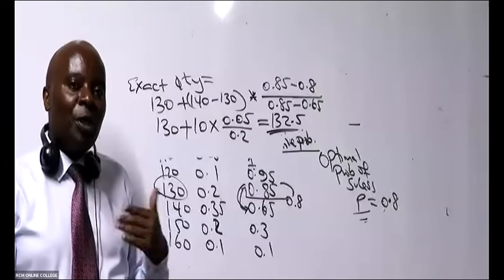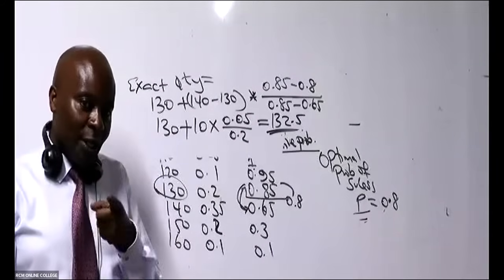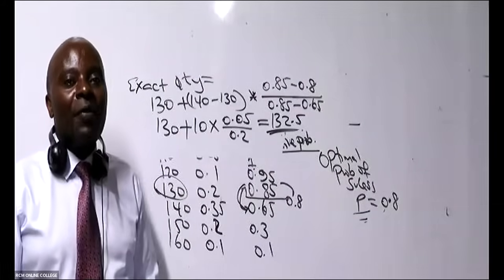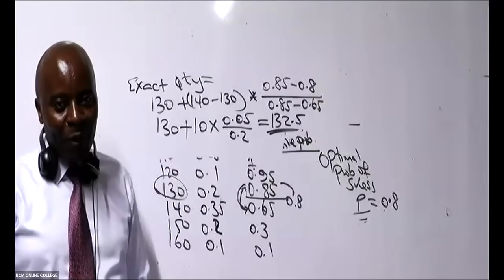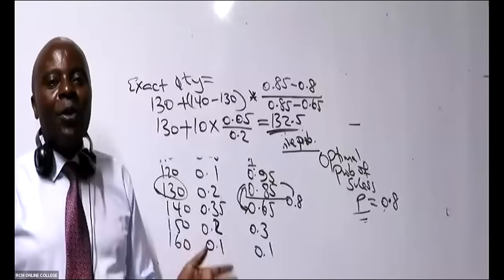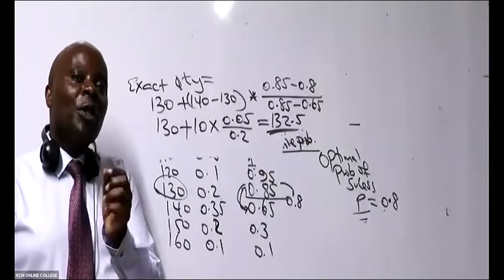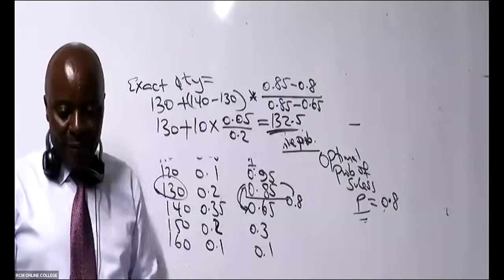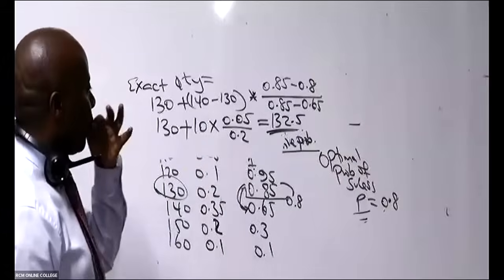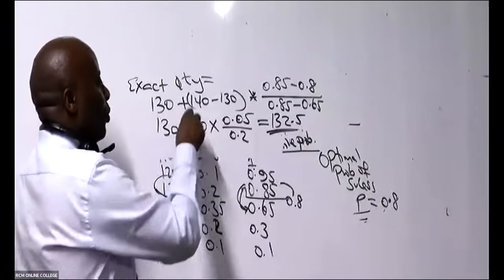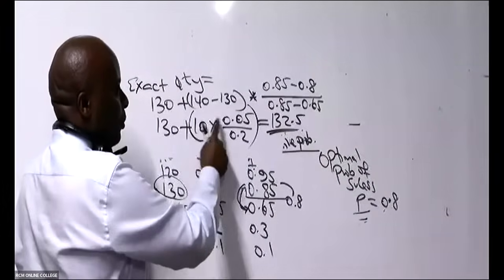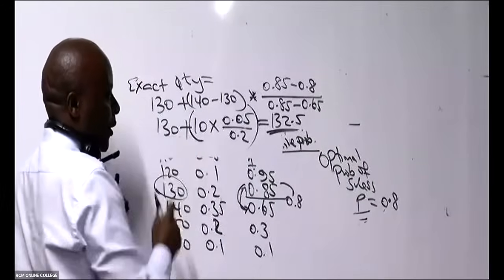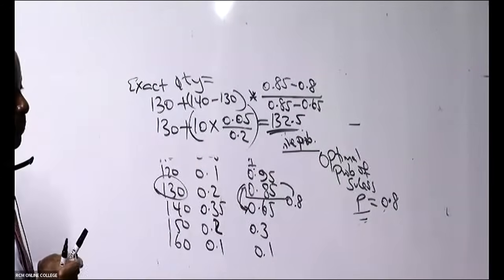Because the examiner will tell you to use a continuous probability. I know you did this in QA. A discrete probability distribution is a distribution which can never accommodate a decimal number, so there you give a whole number. But when they tell you it's continuous, like in most of your exams, we must write the exact number we get precisely. The students who are not able to get this, it's because of BODMAS. First we multiply: 10 times 0.05 over 0.2. Whatever answer we get, we add it to 130. We shall be able to get that 132.5.